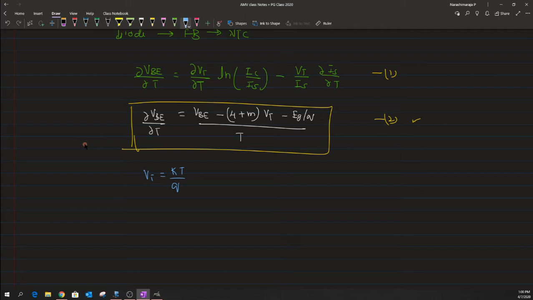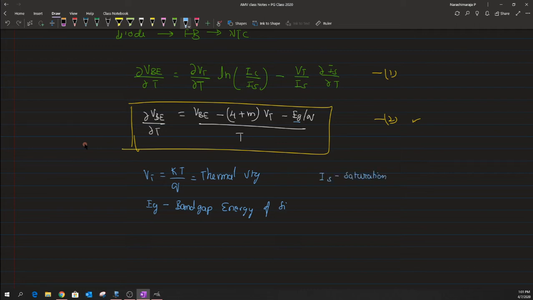So with that being said, Vt is also called the thermal voltage, and here the term Eg denotes the band gap energy of silicon. Okay, and apart from this, Is is the saturation current,